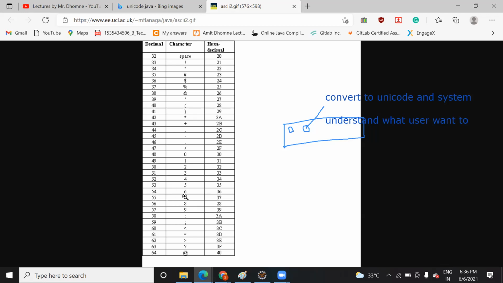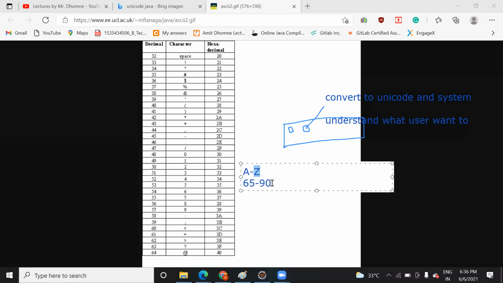I told you the ASCII values. For capital A to Z, the ASCII value will be in the range of 65 to 90. A has ASCII value 65, then B is 66, C is 67, like this. Z has ASCII value 90.